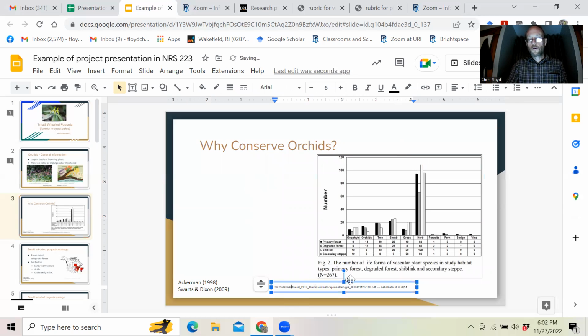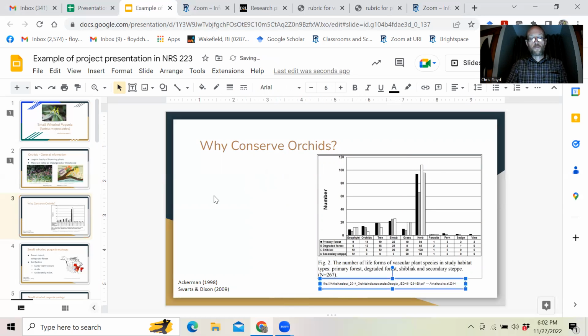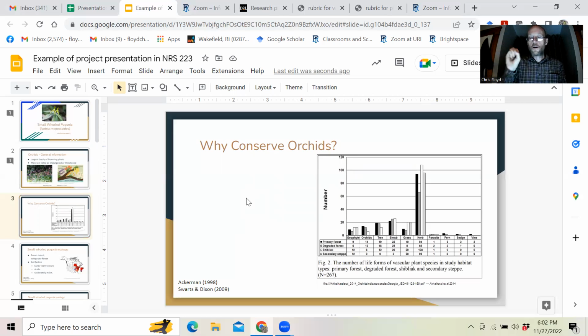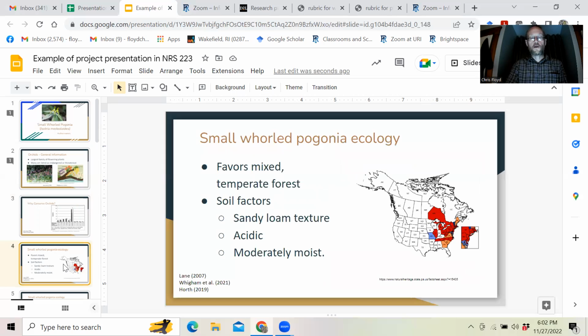and then put some text over here, some text which summarizes what I'm verbally saying. So that's what's missing on that slide. Next slide. And then we're going to learn something about the ecology of the species, because that's going to be